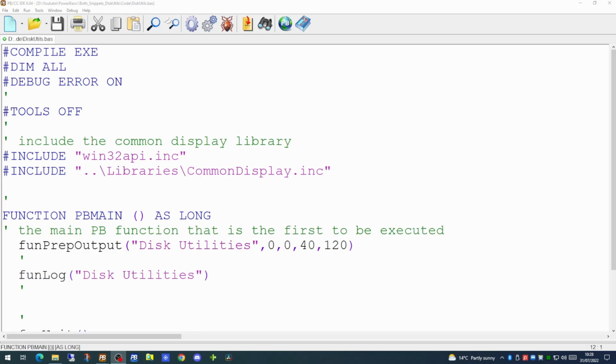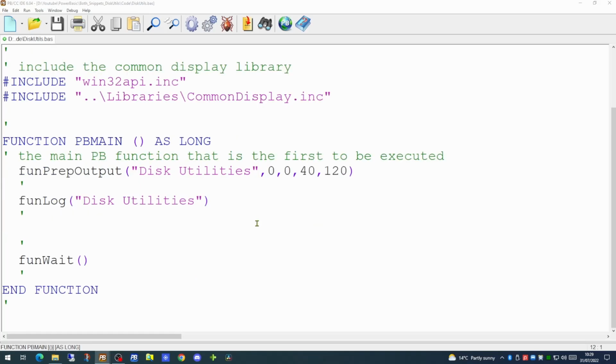One thing you can do to preempt this is to test the destination location prior to saving your file, to see if that destination location does indeed have enough disk space to take the file you're about to give it. We can perform this action quite easily by using two of the inbuilt PowerBasic commands. Let's have a look at the code.